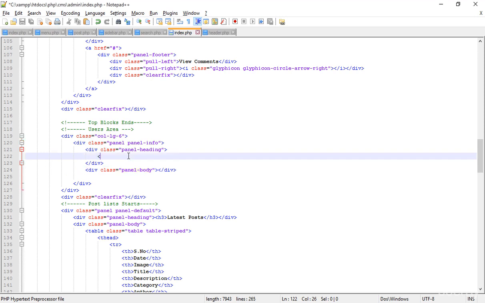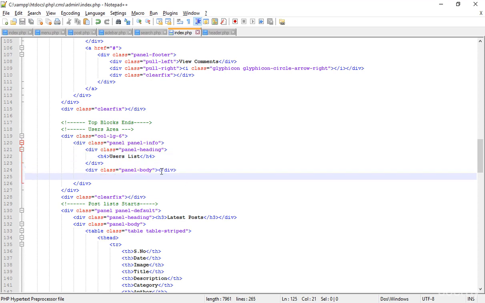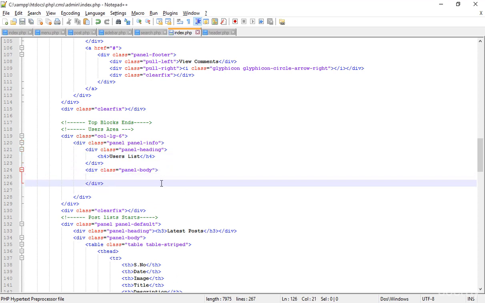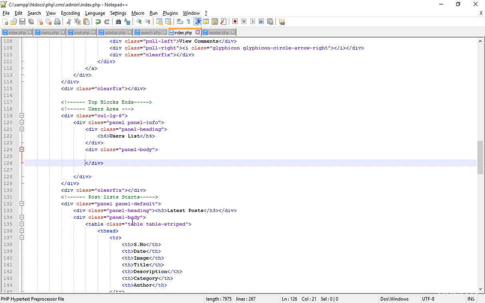So here in the panel heading, what I'm just going to add, I'm just adding the H4 again, and here inside the H4 I'm just typing the users list. Save that, and here again I have to do the same thing. What the thing I have to do again, I'm just copying this,